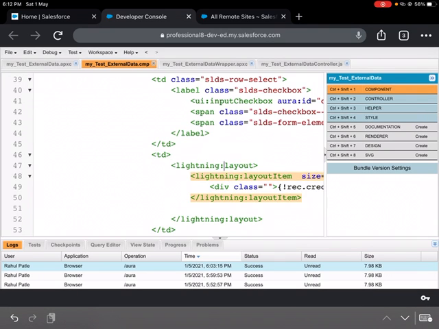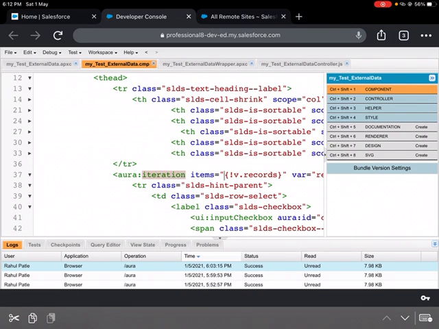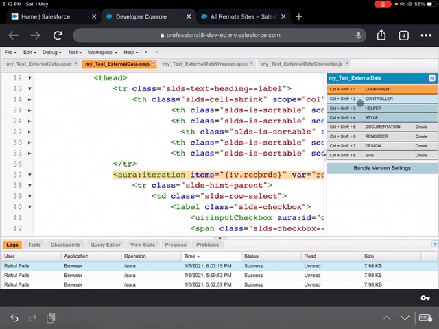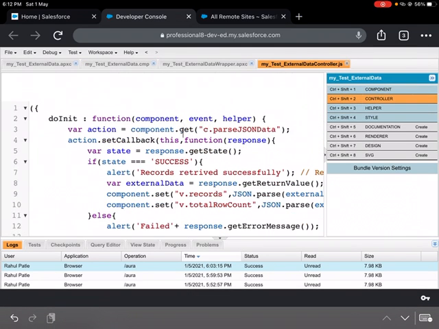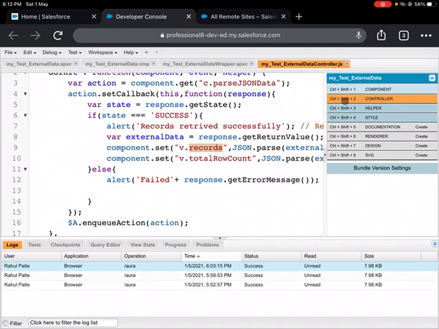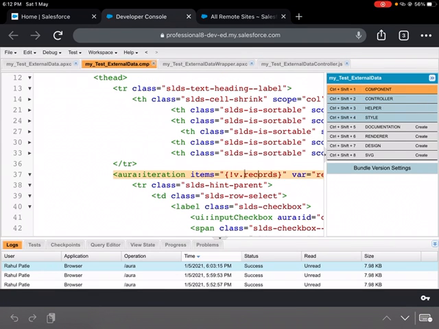So in each iteration, I'm iterating through the records which I have set in my doInit method when I'm getting a callback from my Apex controller. So here I'm setting all the records in a JSON object, and in the component, in the aura iteration, I'm iterating through each record while setting each variable record as REC.